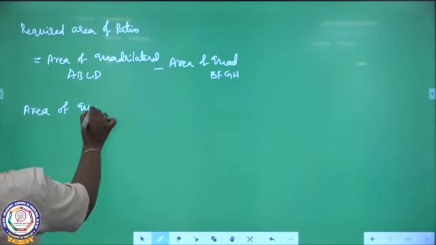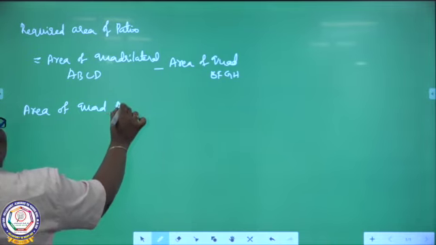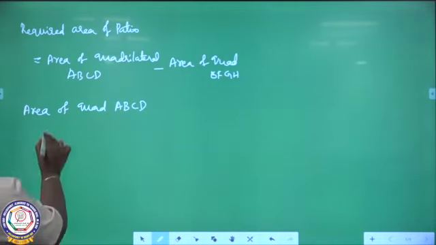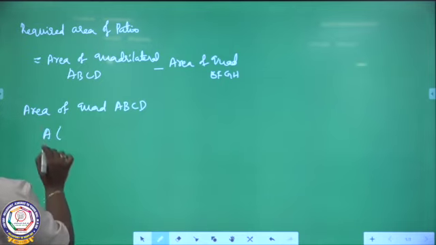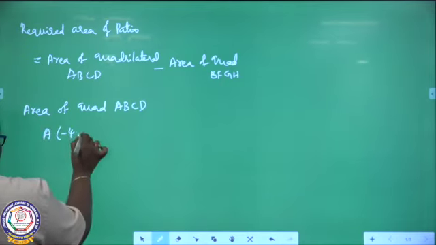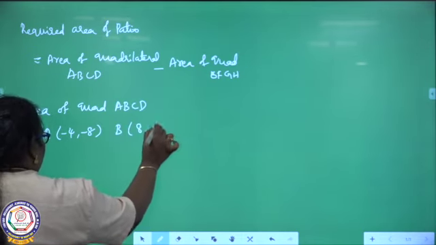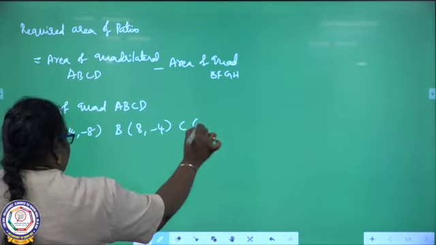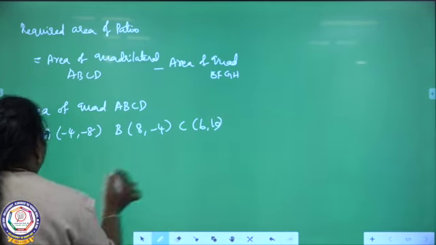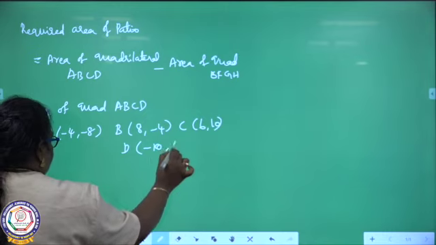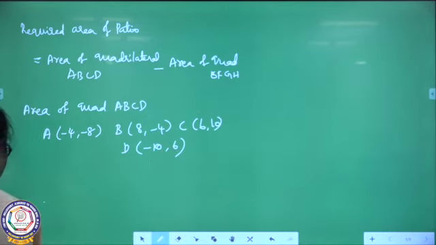area of quadrilateral ABCD. So what is the value of A? A equal to minus 4 comma minus 8, B equal to 8 comma minus 4, C equal to 6 comma 10 and D equal to minus 10 comma 6. This is the outer area of the